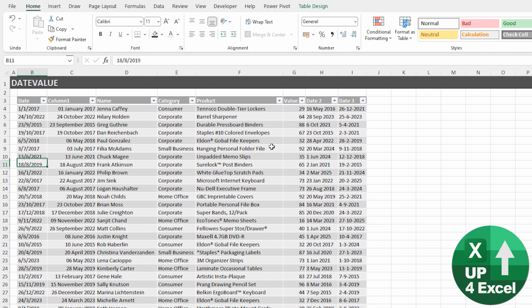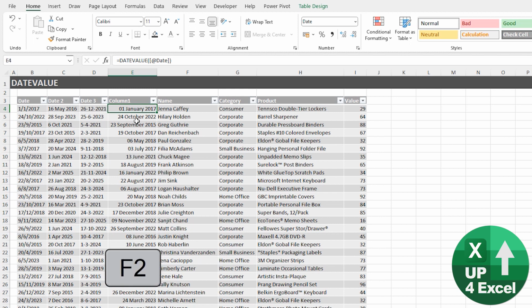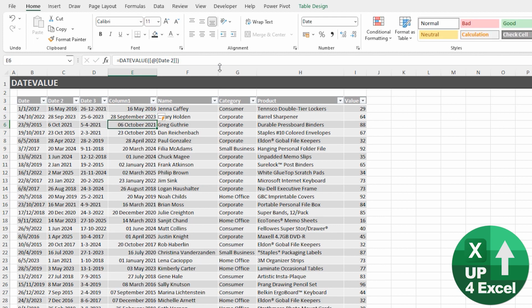And it's not just obvious things like that that will get spotted as a date. I've got two other examples here, which I'll drag over, of this date 2 and date 3. They've got different styles of formatting, but they're again text. I can't at the moment turn them into dates. But if I just change that formula and make that date 2, again, it's now recognised this as a date properly,